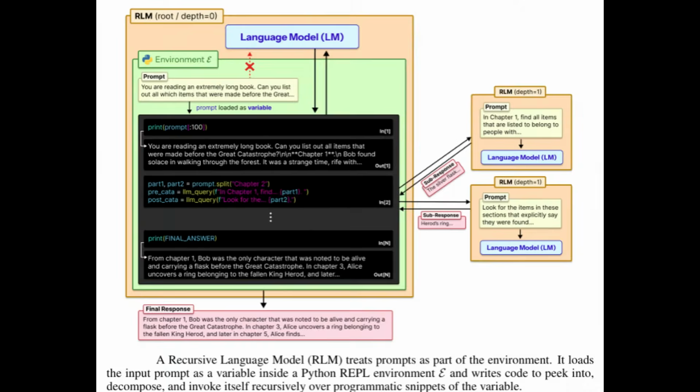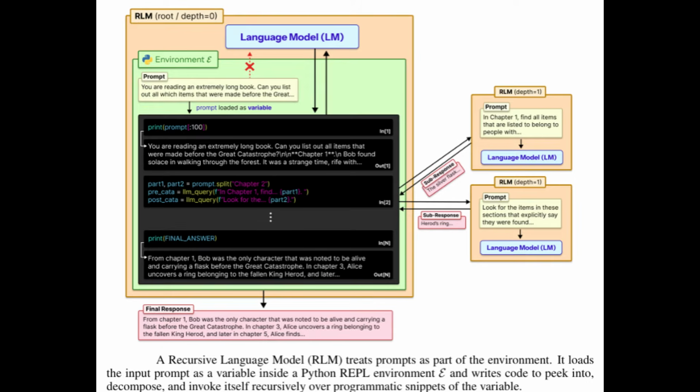So cool. This diagram here shows the RLM in its natural habitat, a Python REPL. And if you're not familiar, REPL just stands for Read Eval Print Loop. It's basically a live interactive coding sandbox. Now, you can see on the left, the main LLM isn't reading the text in the traditional sense. Nope, it's acting like a conductor of an orchestra. It writes Python code to strategically slice and dice that huge prompt into smaller, relevant pieces.